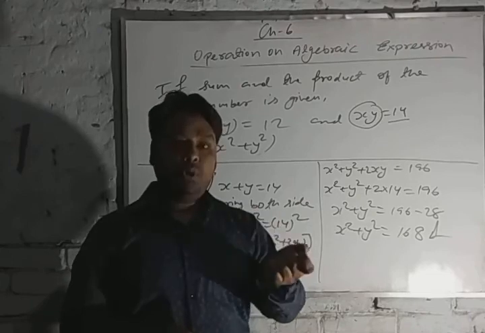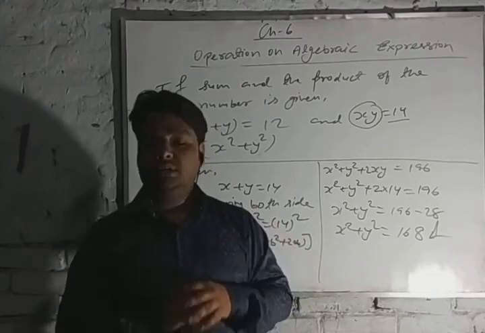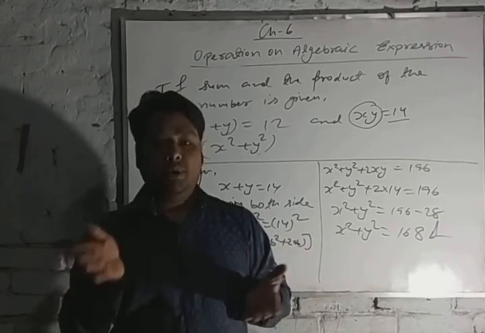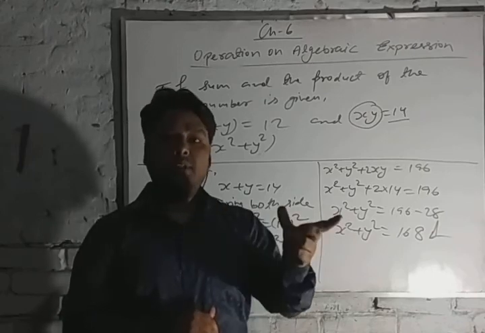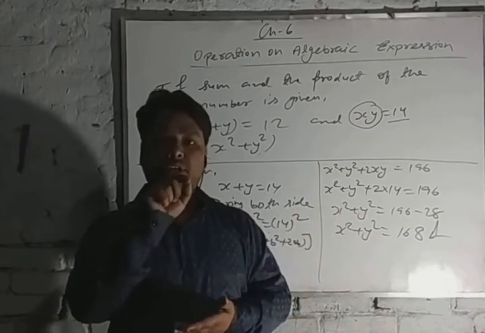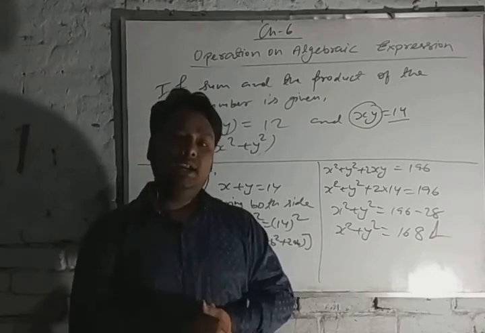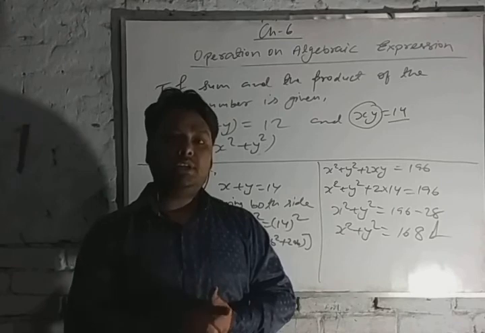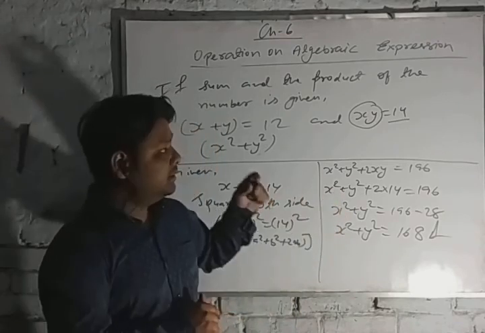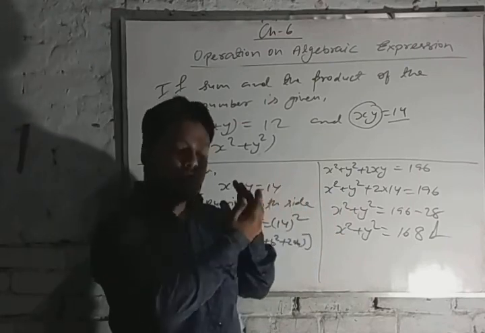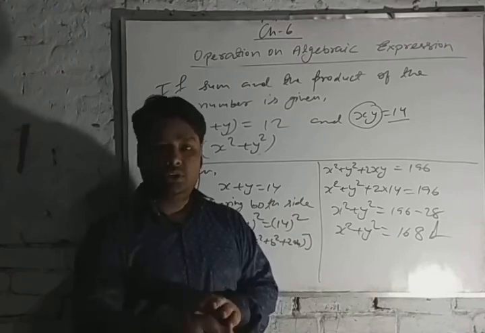And if you are adding any two expressions, there is no need to change the sign. But if you are subtracting the expression, then in column method you have to change the sign of the second row. Change the sign of each term of the second row. And in linear method, you have to change the sign of that expression where the minus sign is just outside of the bracket. Okay? So these are the 3 points.